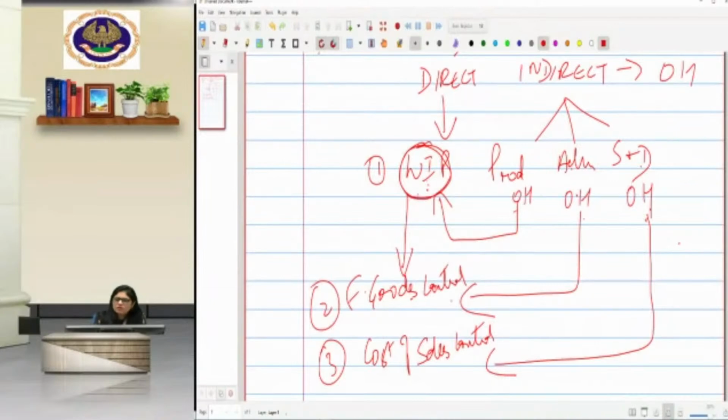Admin overheads also will be transferring to finished goods control account. So WIP will give you cost of goods manufactured. Clear? Finished goods control account is going to give you cost of goods sold. All right. And then cost of goods sold will be transferred to cost